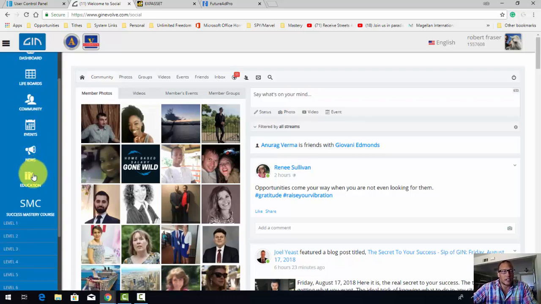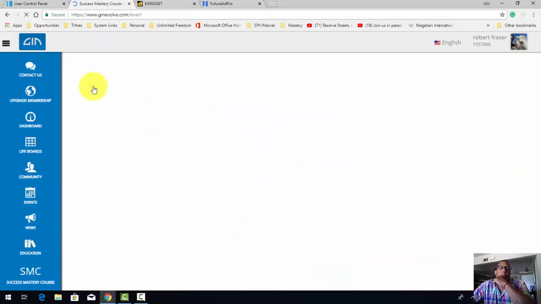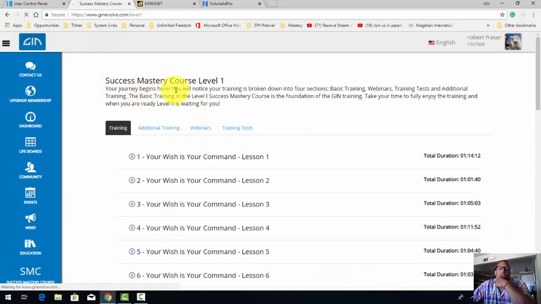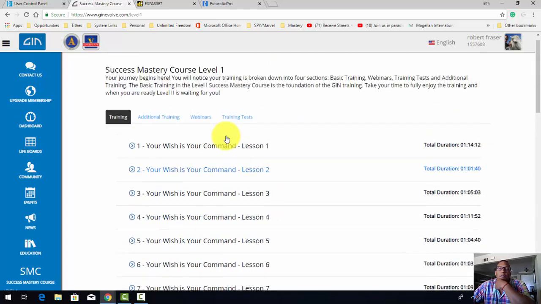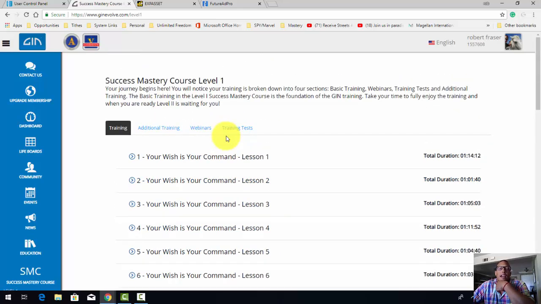And the next section, one of the most important sections as well, is whatever level you're at. If you paid to become a Level 1, obviously this right here is where you're going to access your information. So, I'm going to wait till this pulls up here. So this right here is all of the Level 1 training. It is a lot of information. I highly suggest breaking it up into chunks.